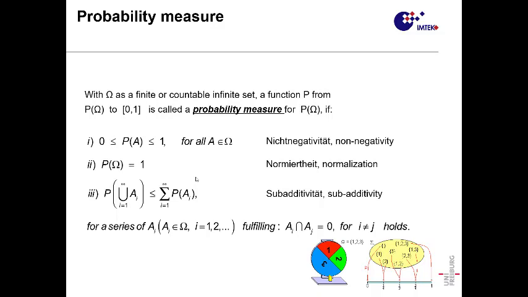To give an example of how the probability measure works, let's say you have a fortune wheel that you sometimes see on TV. I don't know, maybe you don't see TV anymore. You spin the wheel and you get 1, 2, or 3. You can see that the areas of 1, 2, and 3 are different. So 1 is 1/4, 2 is 1/4, and 3 is half. So you have more chances to get a 3 than the others. And if you get a 1, you get 10 euros. If you get a 2, you get another 10 euros. If you get 3, you get 1 euro, whatever.